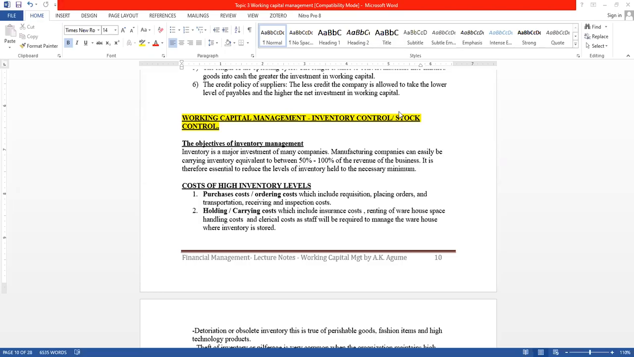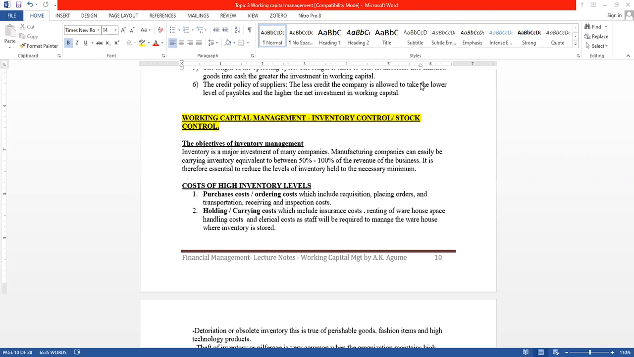Looking at management of trade payables or creditors, because all those are key, and proper management is needed if you are to run your business smoothly. Now, of course, with inventory,